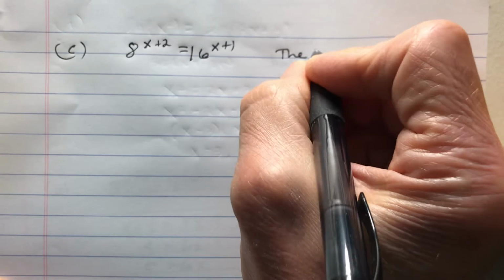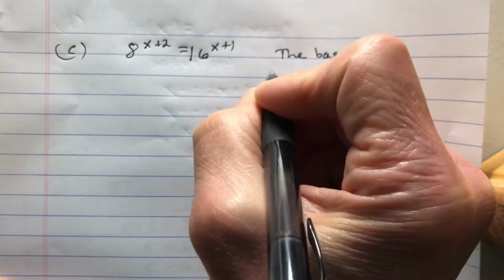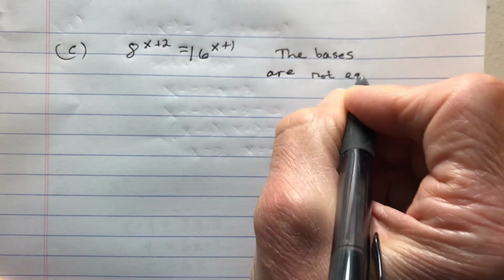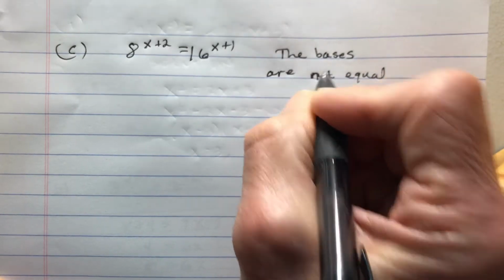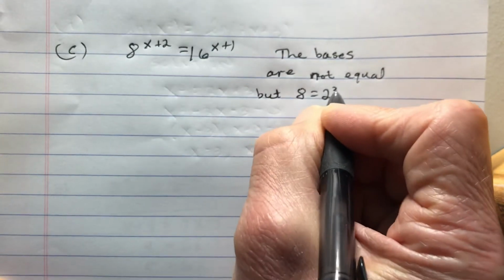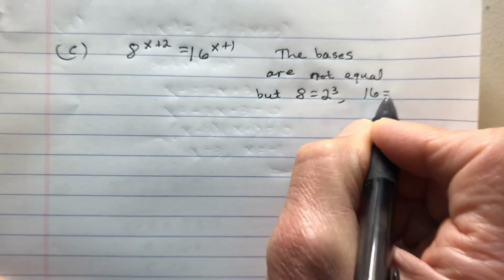So here the bases aren't equal. Not equal, but 8 is equal to 2 to the 3rd power, 16 is equal to 2 to the